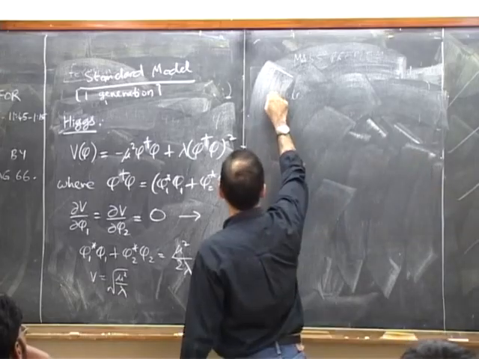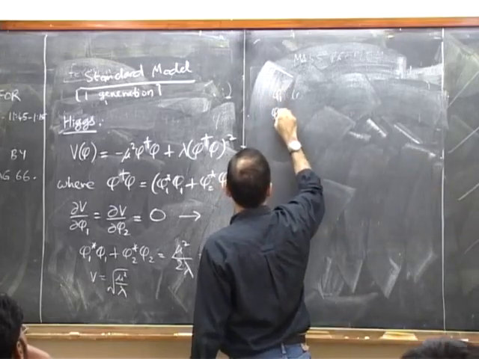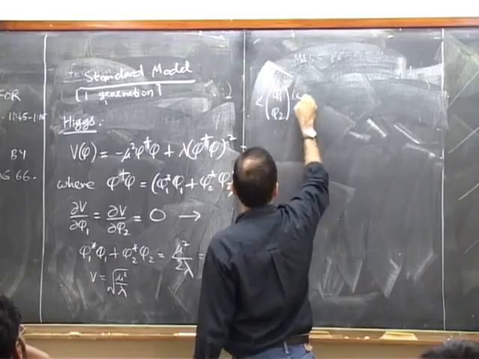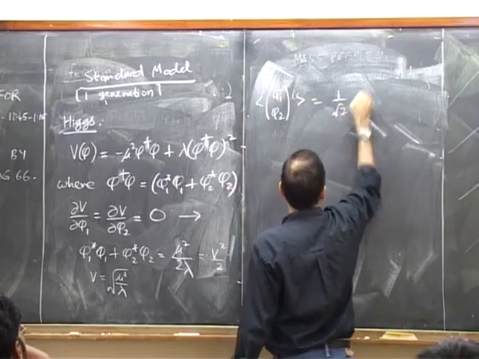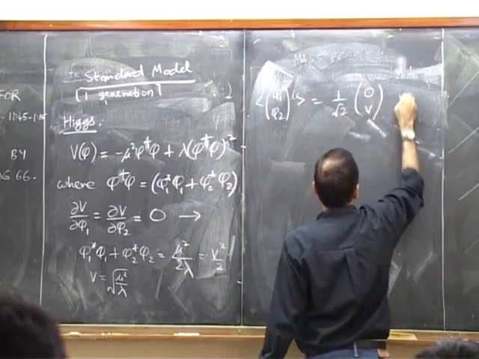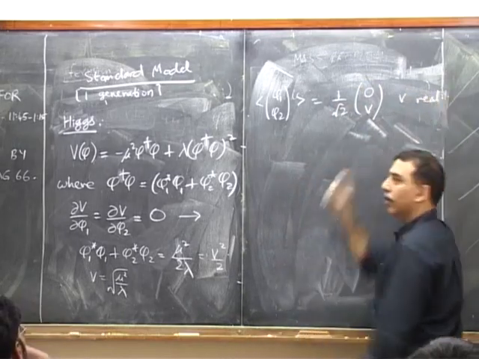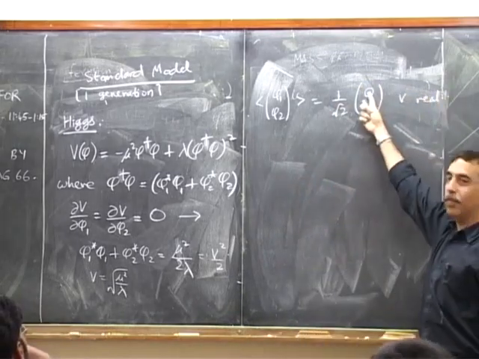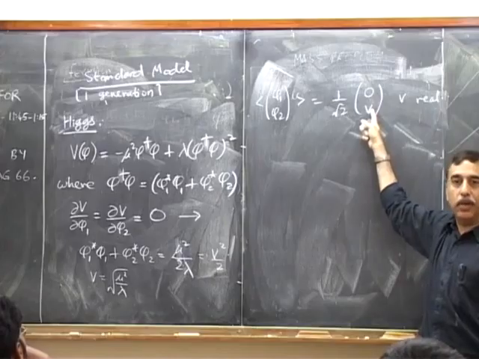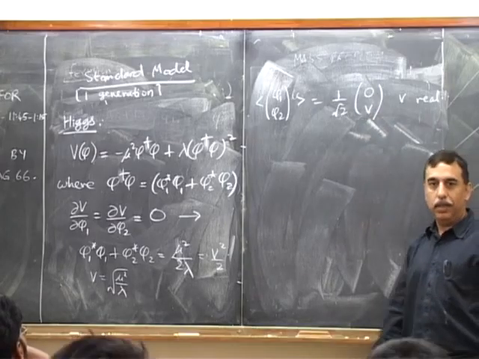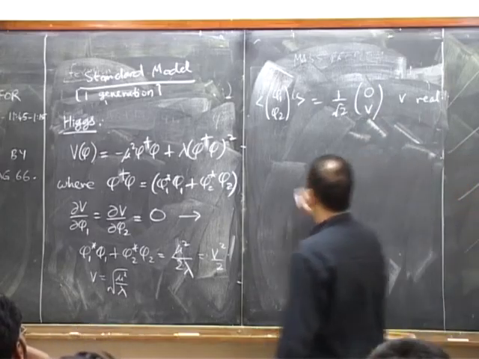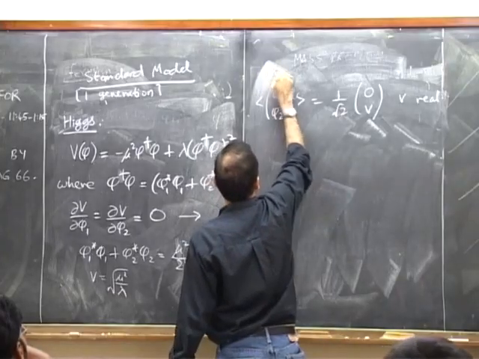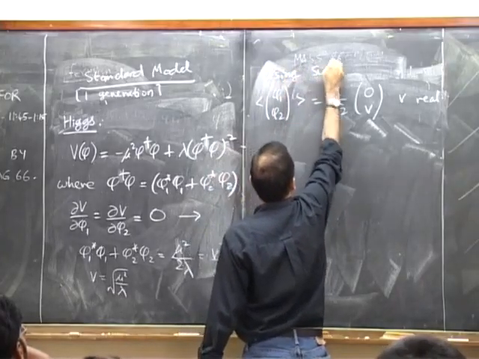And the particular form we want is that phi 1 phi 2 wave is 1 by root 2, 0, v, and v is real. Okay, so what we've done is to remove this component altogether as well as the phase part of this component. Okay, but in the process, so using SU2,